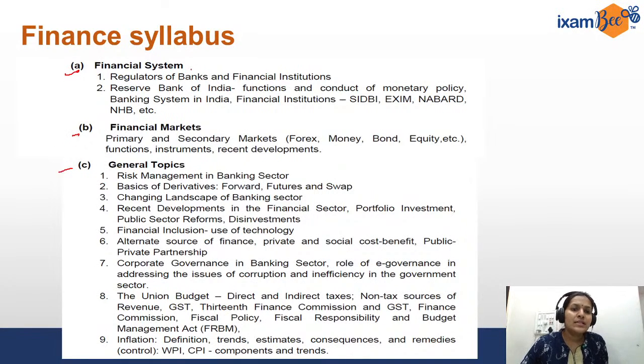A, if you can see, is the financial system, the understanding, and even if you are not preparing for RBI but any other exam, this is something you read about on a regular basis. Regulators of banks. Who is the regulator of banks? RBI. And there are various other financial institutions. There are various other regulators also. Which are the other important regulators in India? SEBI is there, IRDA is there,